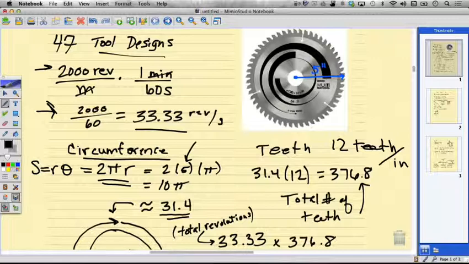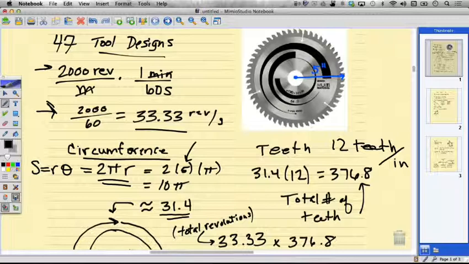Okay, well 31.4 times 12, approximately 377 teeth. That saw blade is not the actual saw blade. It's just a representation. The saw blade we actually are using has much smaller teeth. In 1 inch, you only have maybe 2 or 3 teeth on this blade. So if I know that there's approximately 377 teeth, and it's going to spin around 33.33 times,